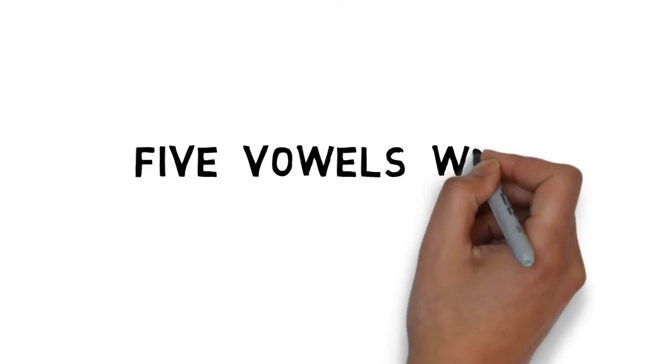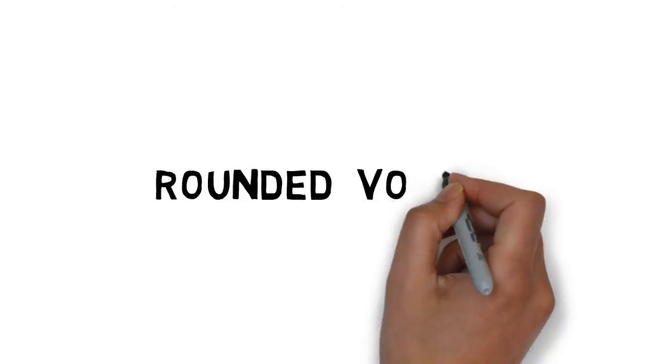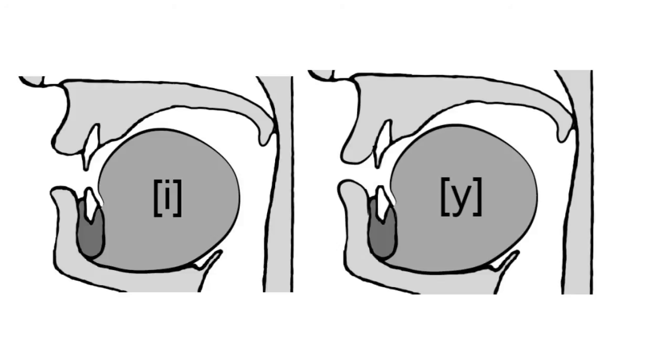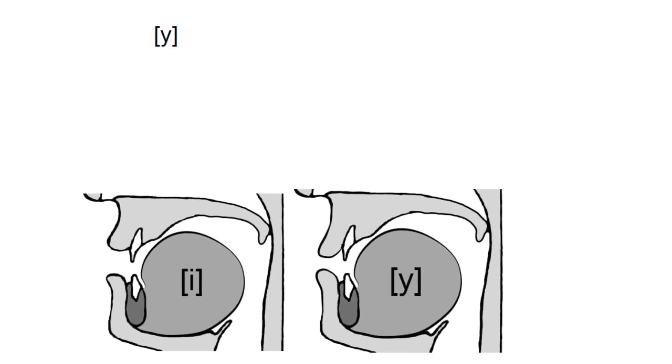The next 5 vowels are all going to take some familiar vowel you know and do something unfamiliar with your lips. First, Mandarin's 3 new rounded vowels. We're going to take a tongue position of 3 vowels you know and round your lips on them. First, start with the tongue position of E, with your tongue all the way up and in the front, E. And going from there, you're going to round your lips without moving your tongue. So if you take E as in knee and round your lips without moving your tongue at all, it should stay all the way in the front, as high as it can go. You get ü as in nü,